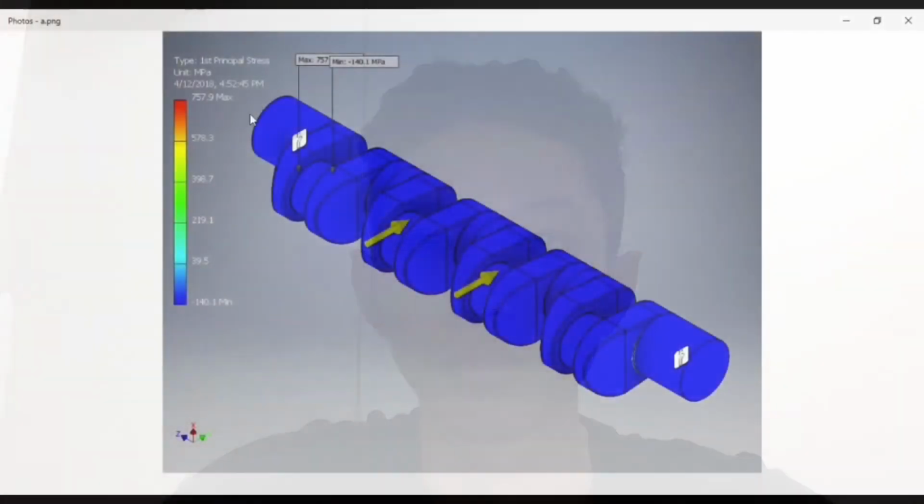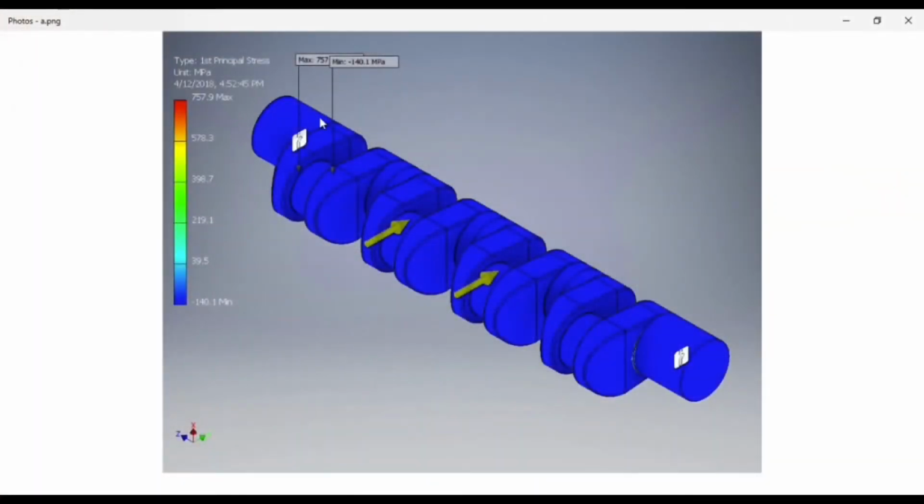I will explain about the finite element analysis. Finite element analysis is the simulation of any given physical phenomenon using the numerical technique called the finite element method. Engineers use it to reduce the number of physical prototypes and experiments and to optimize components in their design phase to develop better products faster. As we can see here, the crankshaft is constrained in this area,